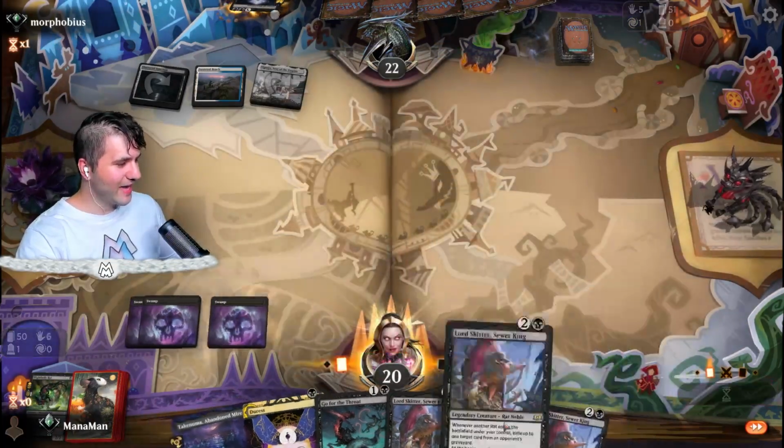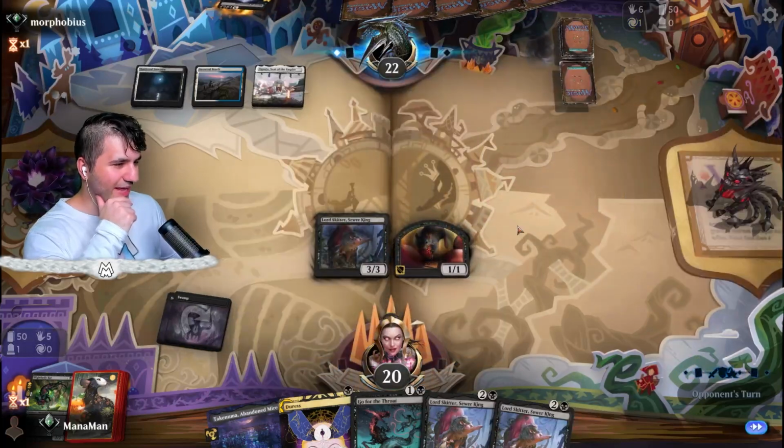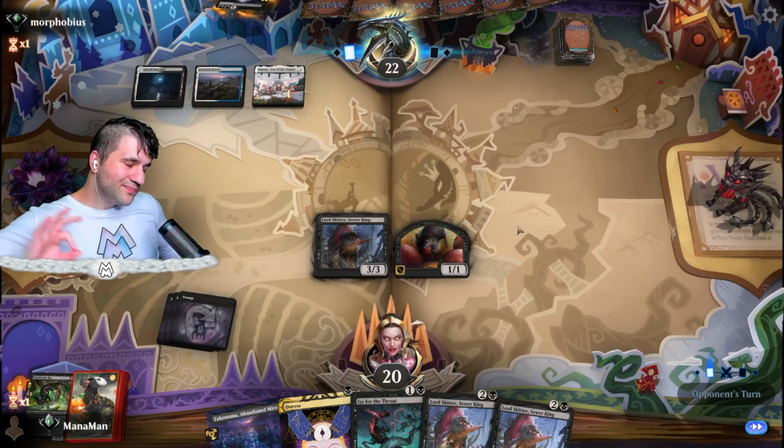That card is getting on my nerves here. Let's go ahead and drop the Lord Skitter. So we can't even hit it, but at least we can put a little bit of pressure on with the Lord Skitter. So I'm definitely going to have to go for Duress, but the problem is...